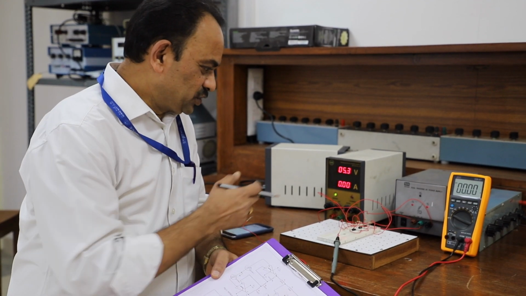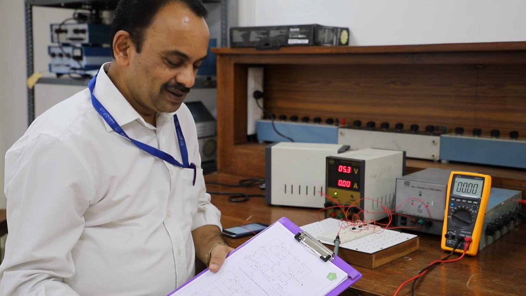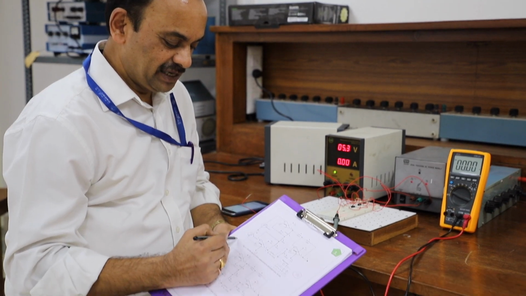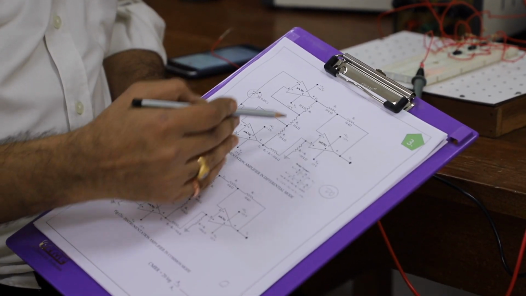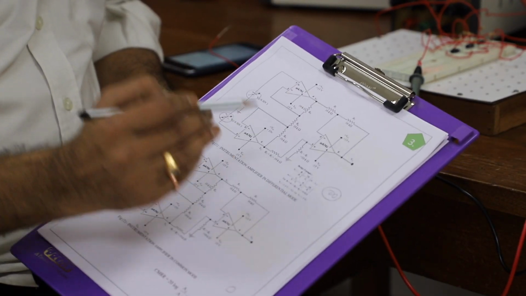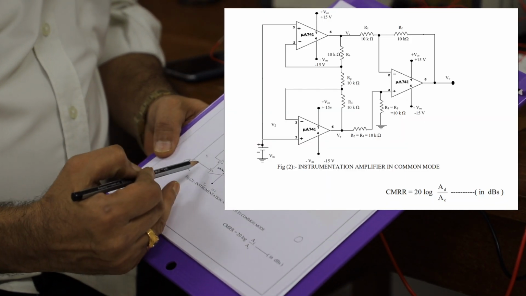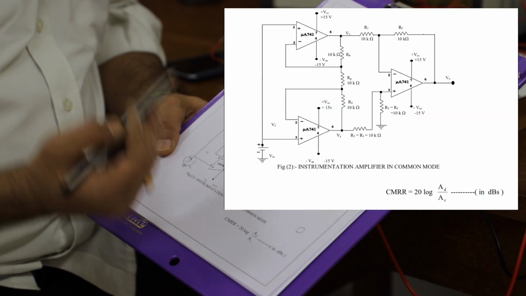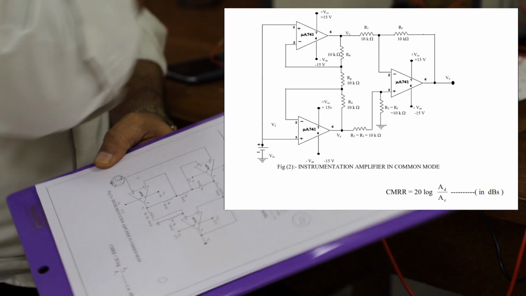So continuing with the instrumentation amplifier demonstration, let me go to the common mode circuit now. I had just demonstrated the differential mode circuit in which V1 minus V2 was amplified by a factor of the differential gain, which was basically designed for a gain of 3. In the second circuit, what I have done is I have shorted the plus input and plus input of A1 and A2 circuits, because I want to apply common mode input voltage with a DC power supply like this.